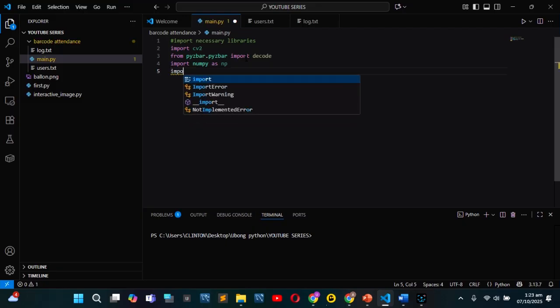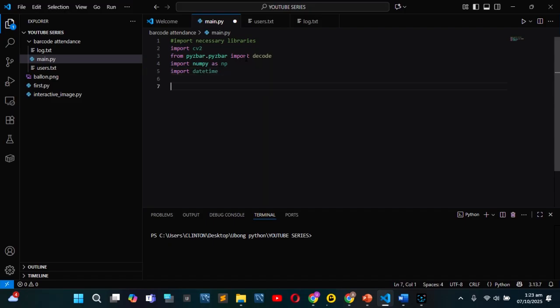And then since we are checking the time that whoever is entering the venue or the class or whatever, it's going to log that time. So it will be right to just import datetime. All right. So the next thing we'll do will be for us to